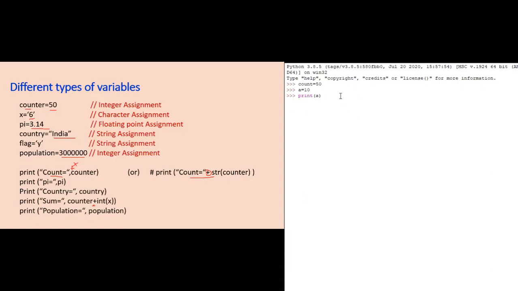The value of a can be printed like this, print of a, and at the end it will give you the value of 10. When we initialize some variable, it will be stored in the workspace and we can use it at any time. And if we are storing a float value, this can be done like this, b equal to 7.8.